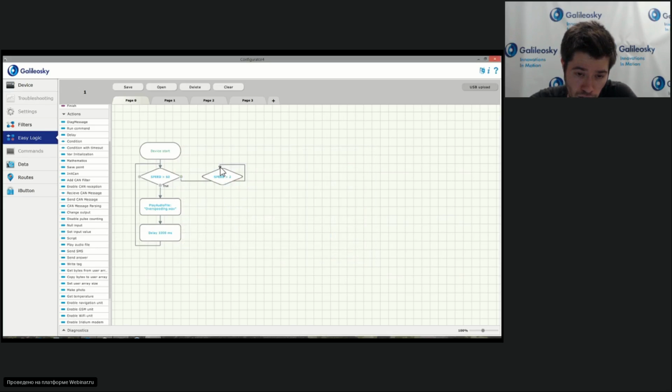Because if we are standing, the speed will be less than 2 kilometers, and then we can also go here. So that will be the same. The second cycle checks that the speed is more than 60, if not, checks that the speed exists at all, and if not, we just don't do anything. But if the speed is more than 2 kilometers per hour,